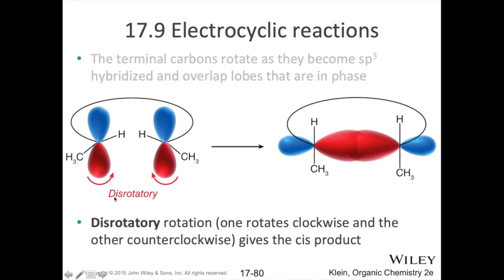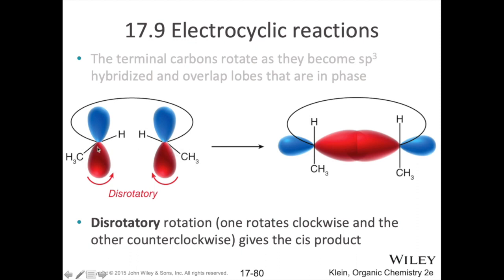But the prefix dis there makes people think not symmetrical, which is not the case. It's one going clockwise, one going counterclockwise. That's the dis part of the disrotatory. Okay, now while these carbons with their orbitals are rotating, what's happening to the methyl groups that are